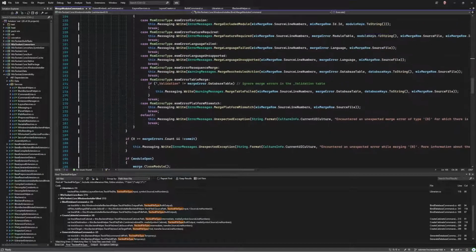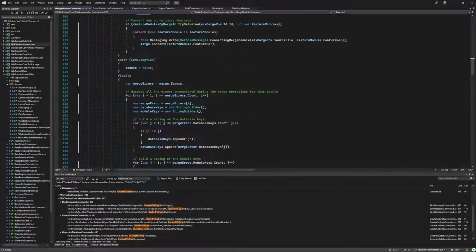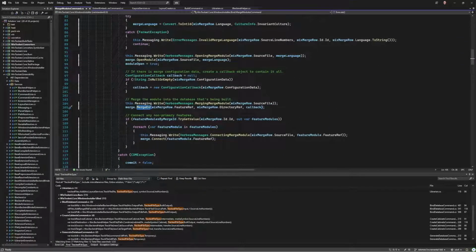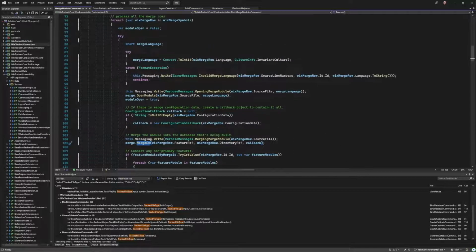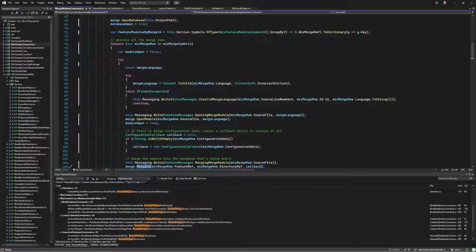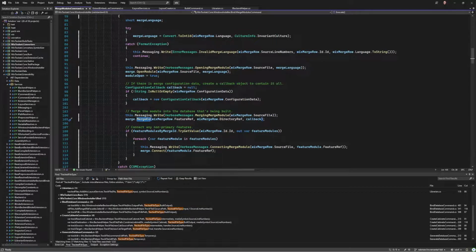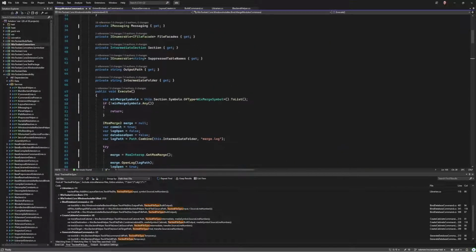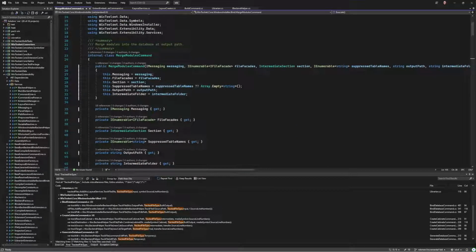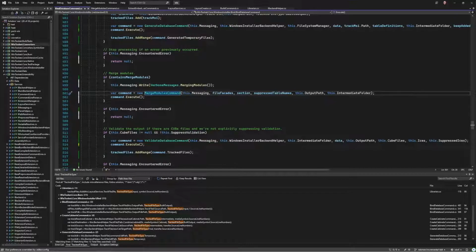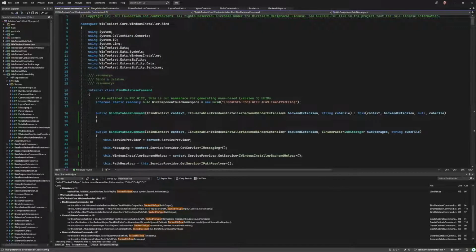Scrolling up and down looking for the files. Yep, no, open module, do the merge, and then make sure it connects to the correct features. That's the merge module API. So this is not the one we want. So now we're in bind database. What we want is the one that